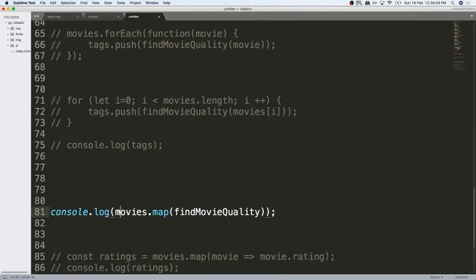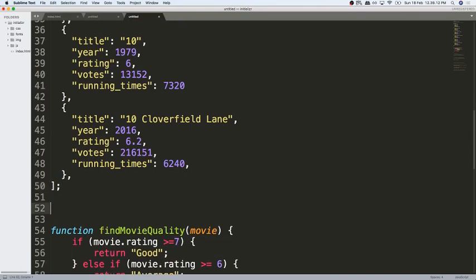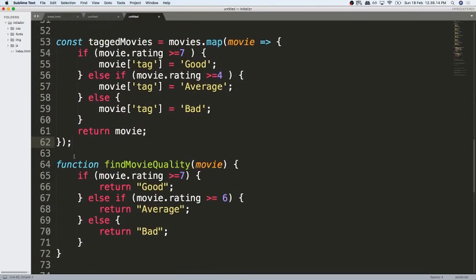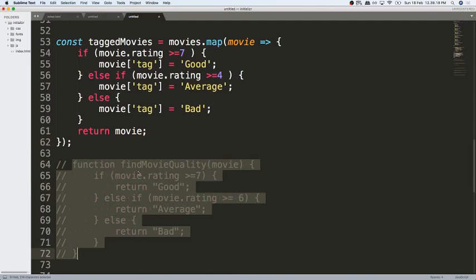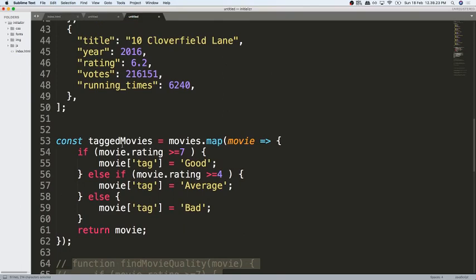So this is the movies, and then I am updating it to tagged movies. Okay. So this is the code for tagged movies. If I run this code,